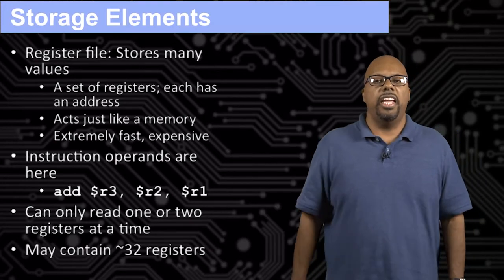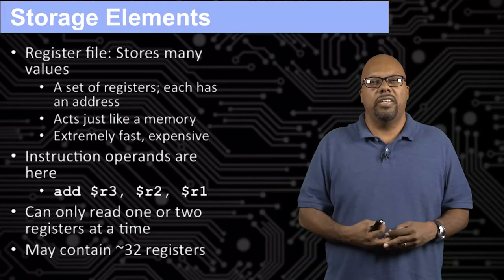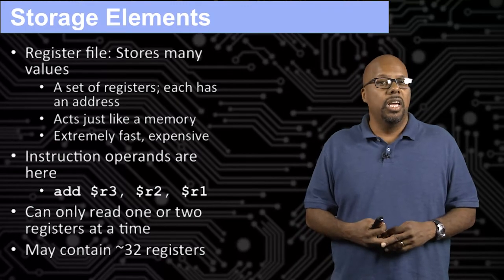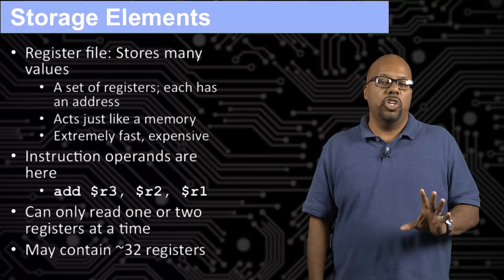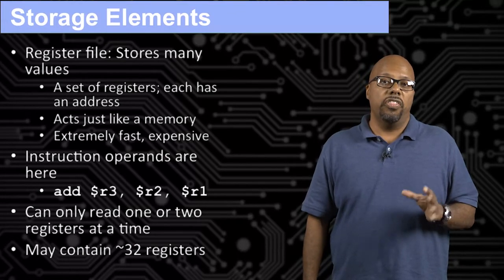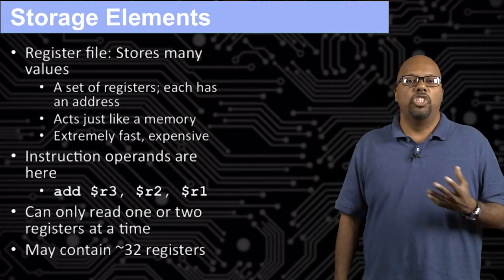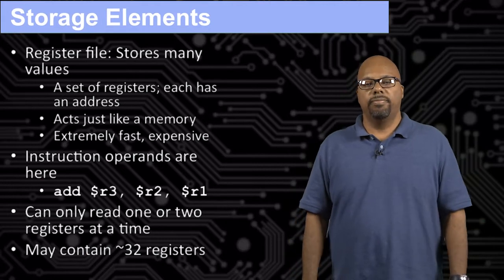A register file often has, say, 32 registers. That's very common to find in a microcontroller: 32 different registers that you can access. That gives you a hint as to how expensive they are. 32 isn't much, but that's generally all you can afford on a microcontroller.